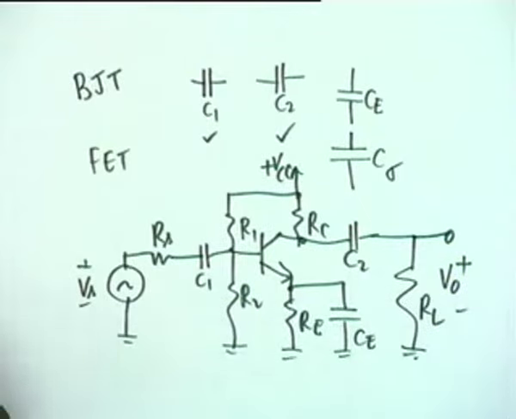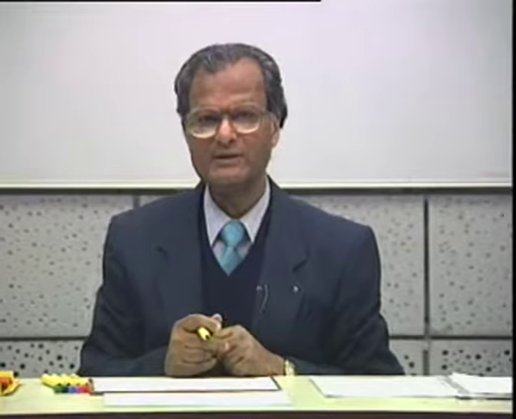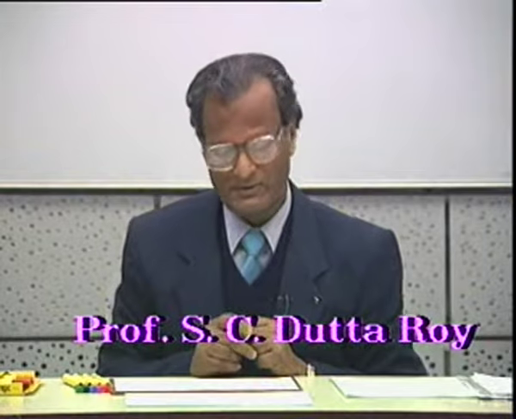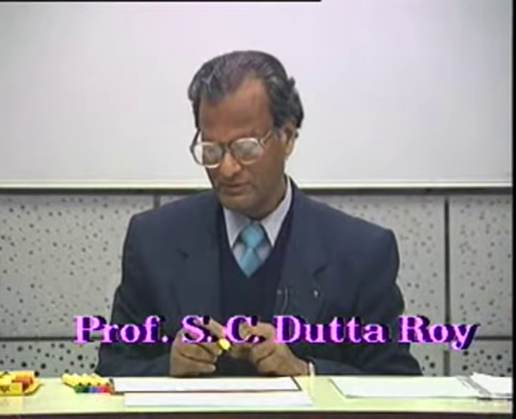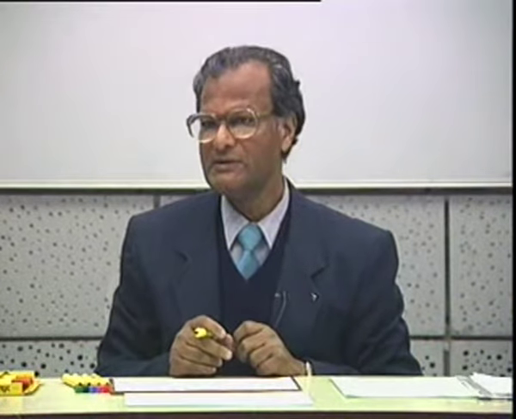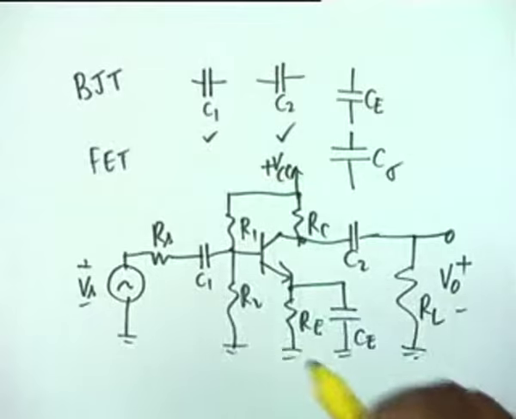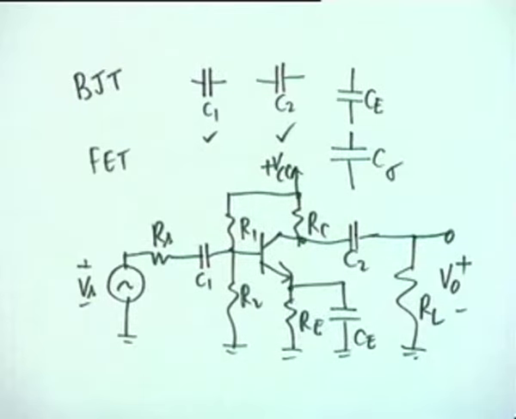This is V0. This is the common emitter BJT circuit which we used to analyze at low frequencies. We have done its analysis at midband where all capacitors were ignored, that is C1, C2 and CE were shorts and C pi, C mu and C0 are open. This is the midband situation. In the high frequency situation we considered C1, C2, CE as short, only the effects of C pi, C mu and C0. Now we go to the low frequency situation where it is only these three capacitors whose effect has